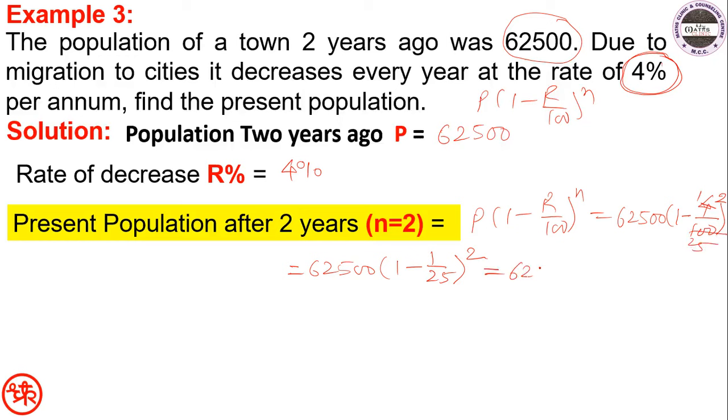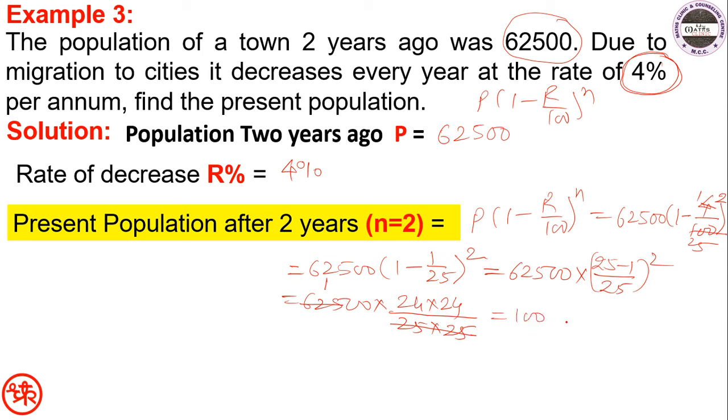So it is equal to 62,500 into ((25 minus 1) upon 25) raised to the power 2. That is equal to 62,500 into 24 squared, and 24 into 24 over 25 into 25. 25 into 25 is 625. So it is equal to 100. Is that clear? Into 24 squared is 576, and therefore